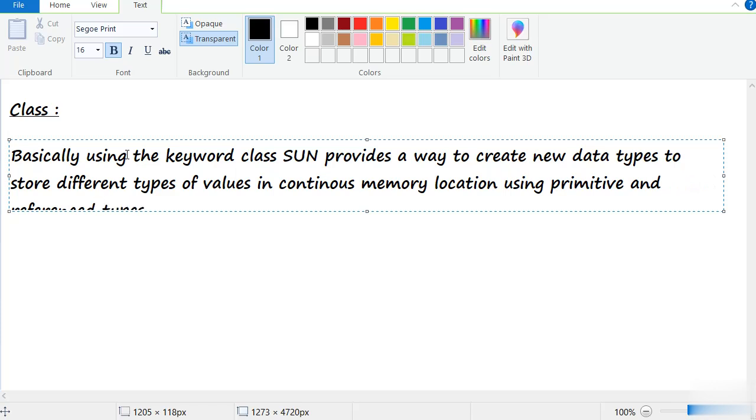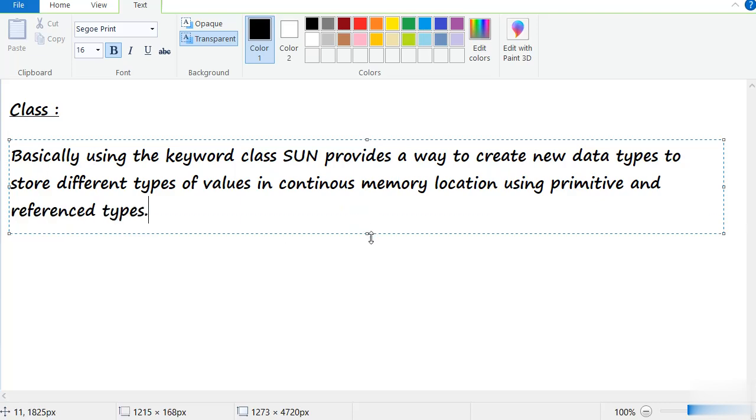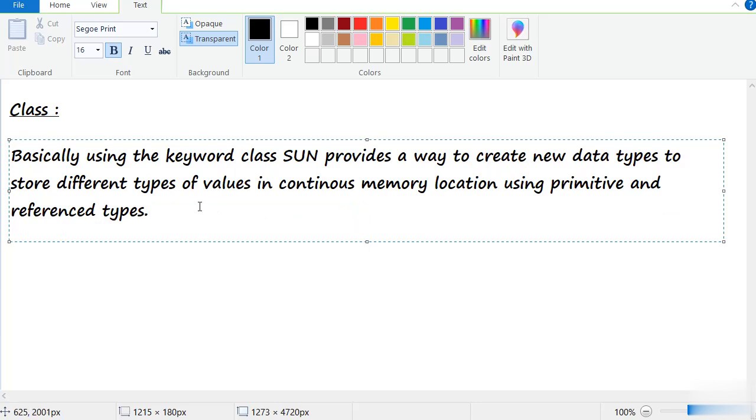We can use primitive data types and we can use reference data types inside a class. We will see with an example how we can create